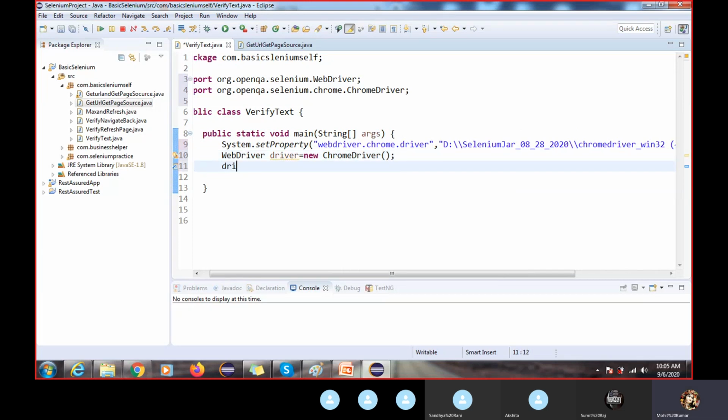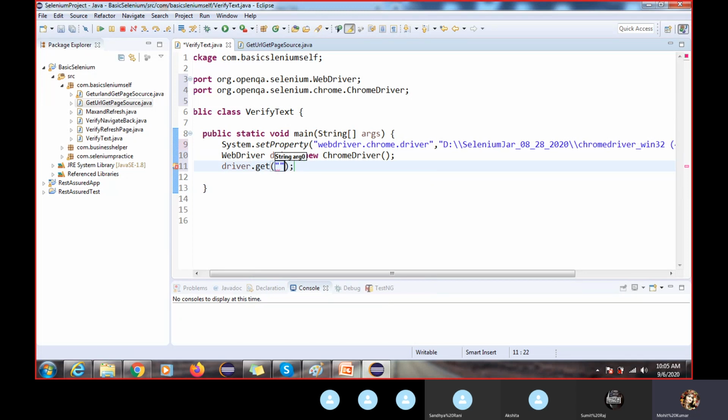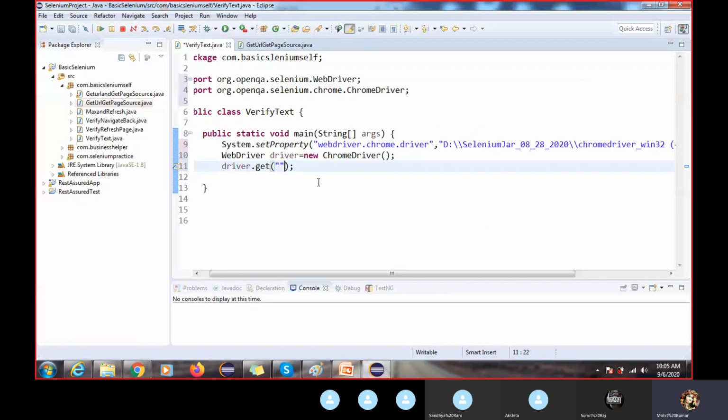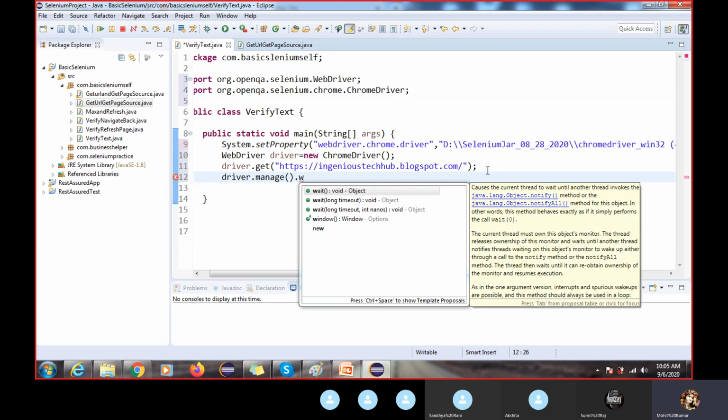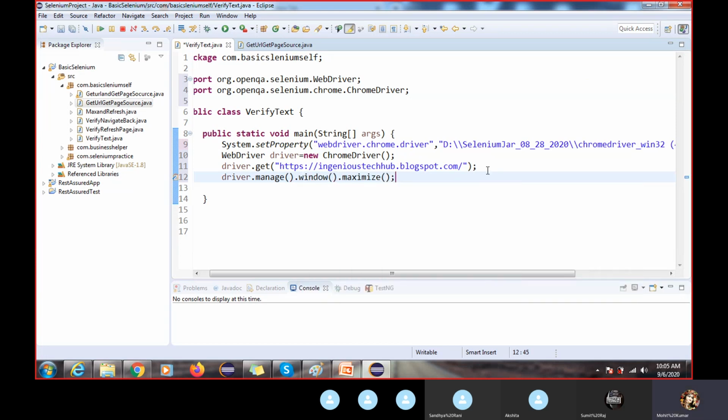Now we will launch the URL with get. So get URL. So we will use here this URL. You can take any URL. Okay, you can take any application for your practice purpose. Got it, right? So now again I am going to maximize this: driver dot manage dot window dot maximize. Okay, so it will maximize our browser.